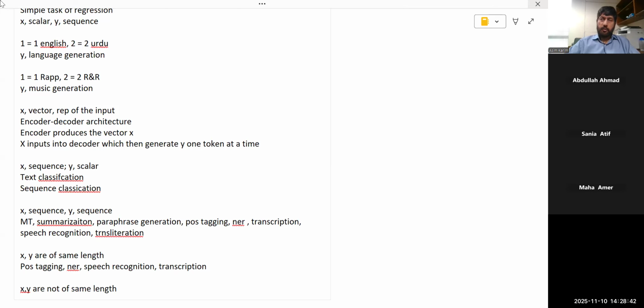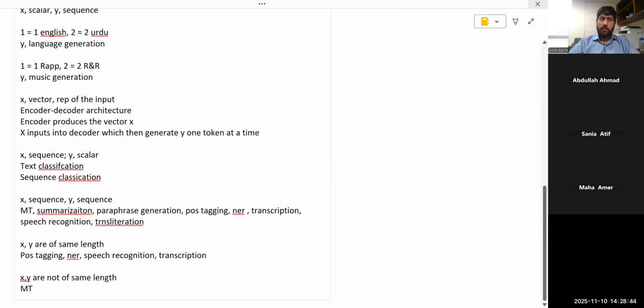तो इसमें ऑफ कोर्स कौन सी एप्लीकेशन? मशीन ट्रांसलेशन। इनपुट लैंग्वेज और आउटपुट लैंग्वेज की लेंथ जरूरी नहीं सेम होगी, ऑफ कोर्स टोकन्स भी इनके डिफरेंट होंगे। समराइजेशन में बाय डिफॉल्ट डिफरेंट होगा, पैराफ्रेजिंग में डिफरेंट होगा। ठीक है, एंड सो ऑन।